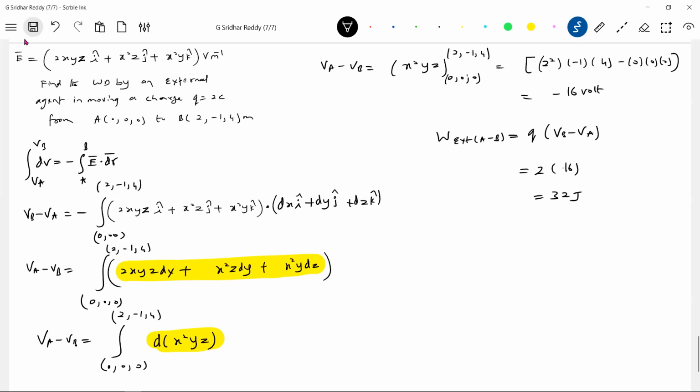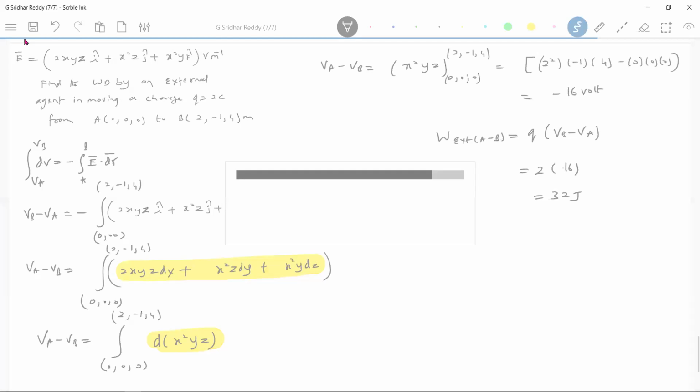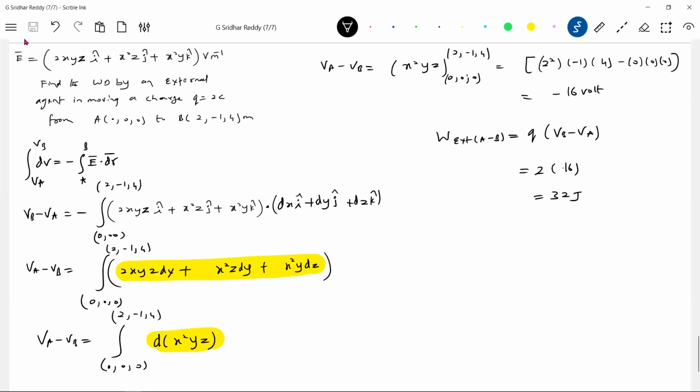Every time we may not end up with a derivative like this. Some students say, sir, I don't know this mathematics, what shall I do? I'm not that good in math. How to manage? What is the alternative method? So when you are doing integration, what you should do is like,